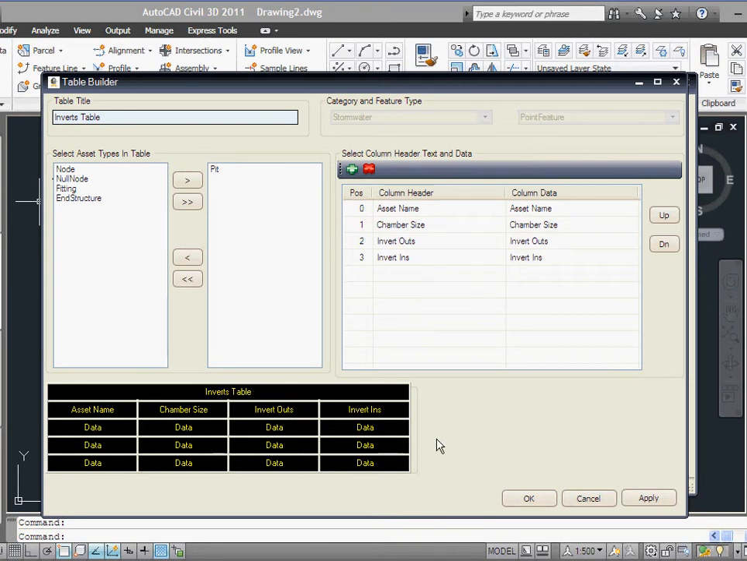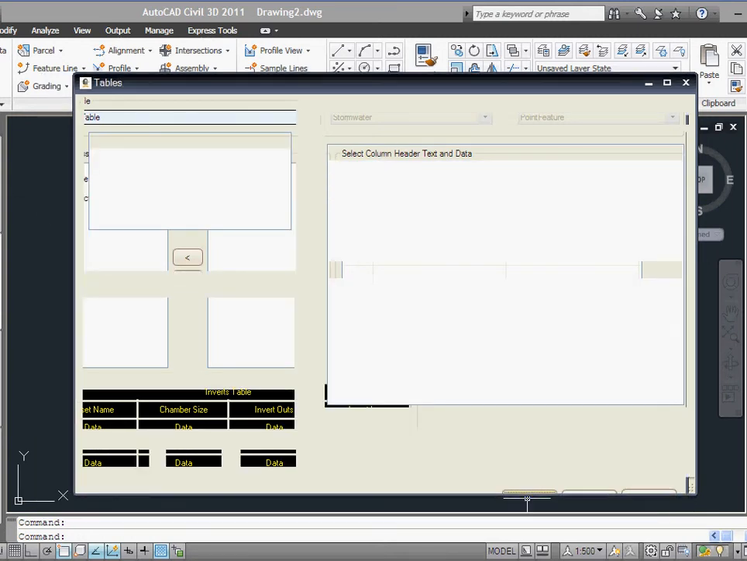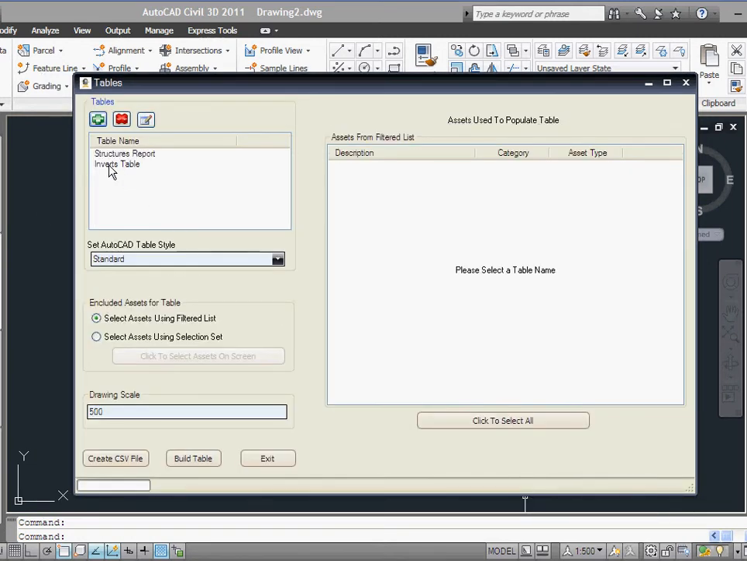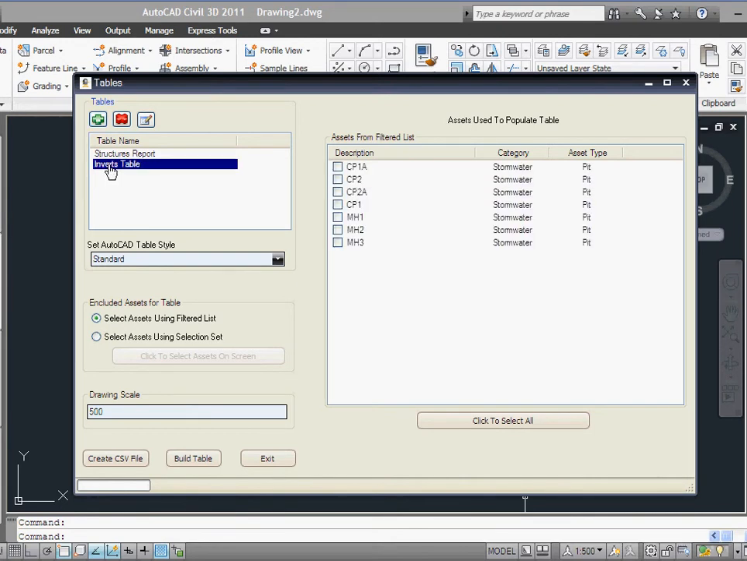And so that's basically it. I'm through building my inverts table. Just click OK. And now it appears in the list. I simply need to select the table. The program,